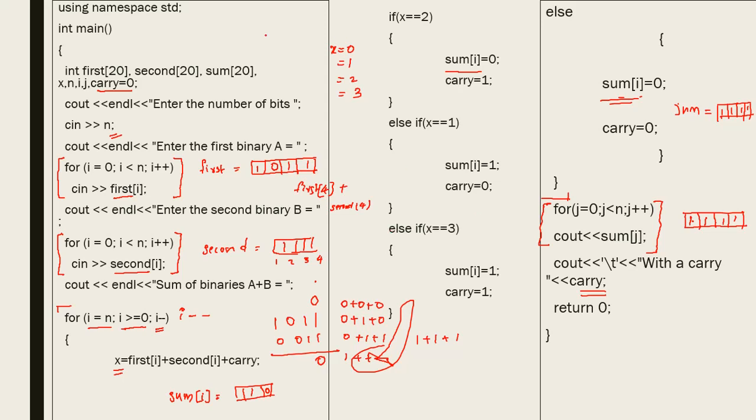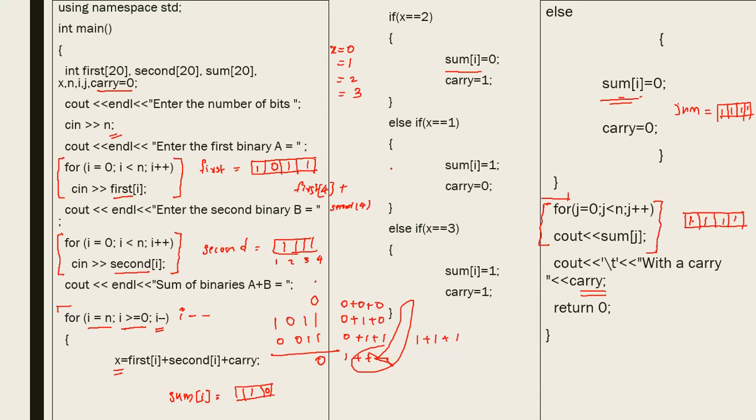See, using the first for loop, these two for loops we use to get a number into an array. That is, when it starts from i equal to 0, the first number we enter will go to the first memory space. Now the loop will run once again and it will go to the second memory space, and so on until it goes to the nth memory space. N is the number of bits.